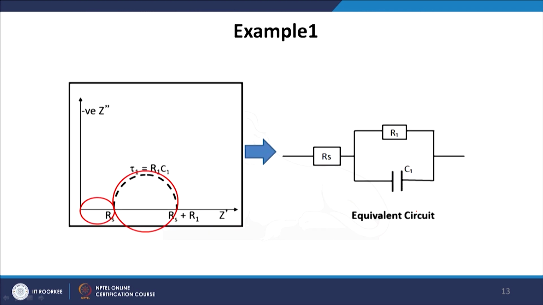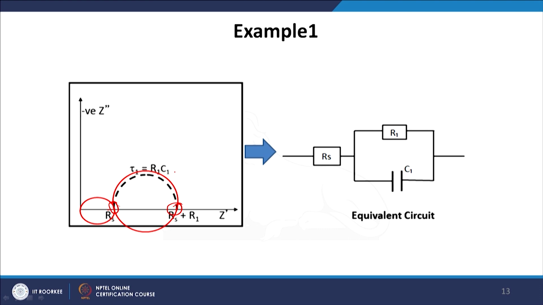Let us take an example. I have this kind of impedance graph, this is my x axis, this is my y axis, this is the Z prime, this is the Z double prime. What I have seen is a curve like this semicircle, which does not start from here, but has shifted and started from here. So, what does that mean? As we know, it intersects the x axis, and the intersection point is a point of resistance. So, it has a finite resistance here and a finite resistance here, and it also has a time constant, it has a capacitance value, and the time constant is R1 C1.